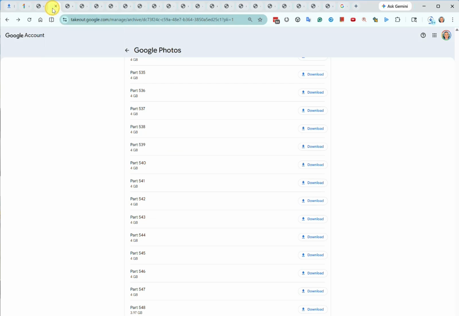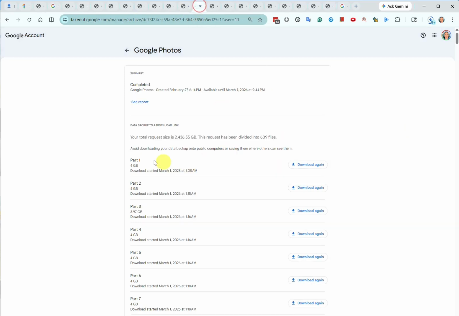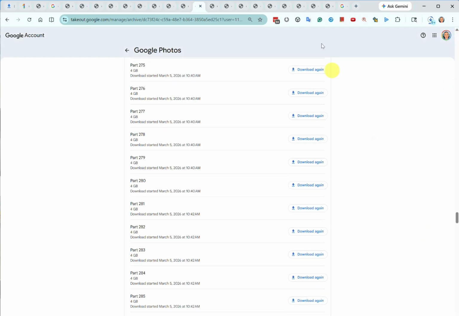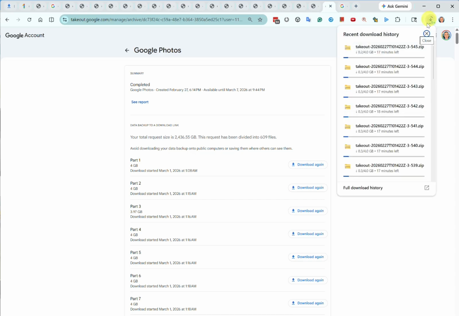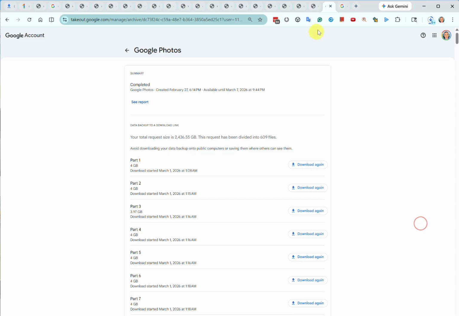See this one? Yeah, this one. Okay, this is the one, because I know it didn't go back to 1 again. You see 1. Then if you have to scroll all the way down, right? All the ones that you open up in new tabs will go back to 1, but you can just close them up, right? It's already queued them up in your download window, so you can actually just close these